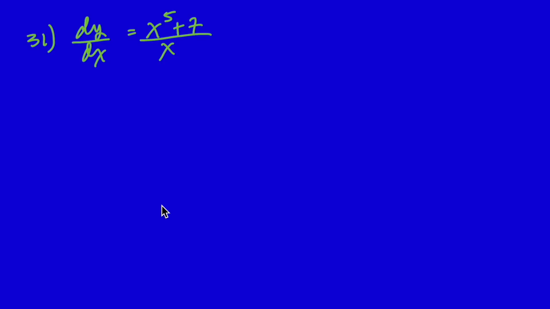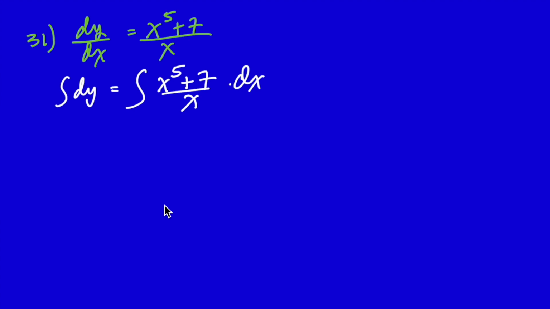With this next example, we are moving back to general solutions with no preconditions, no initial conditions. Okay, so we're going to multiply both sides by dx, and then we're going to integrate. So we're going to have the integral of dy equals the integral of x to the fifth plus 7 over x times dx. Okay, folks, we're going to recognize that this is two separate fractions, and we're going to